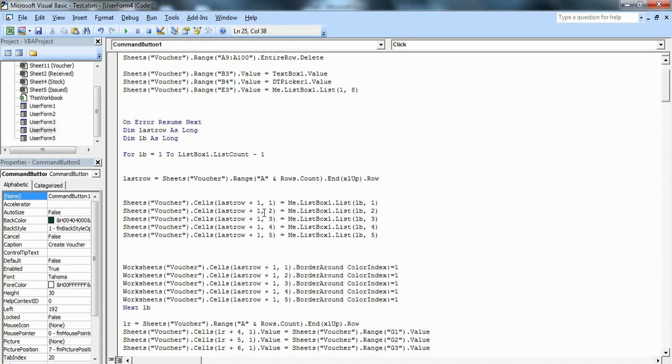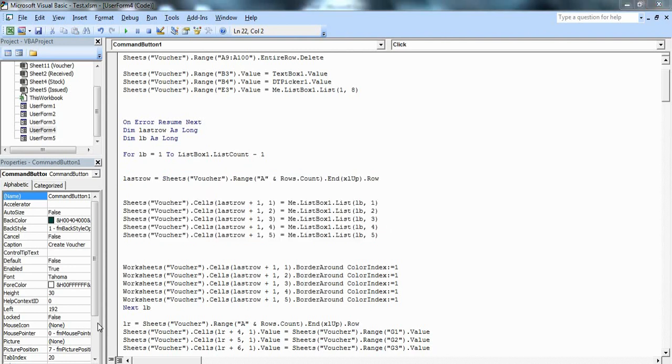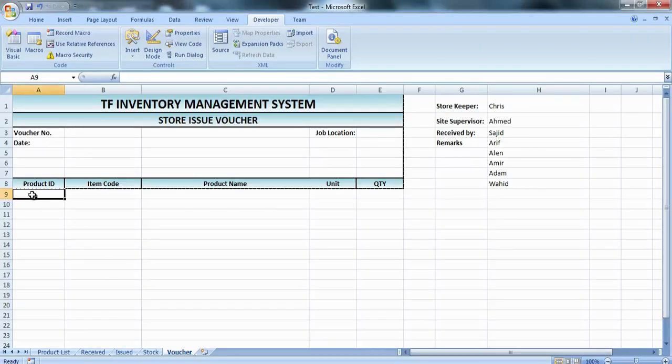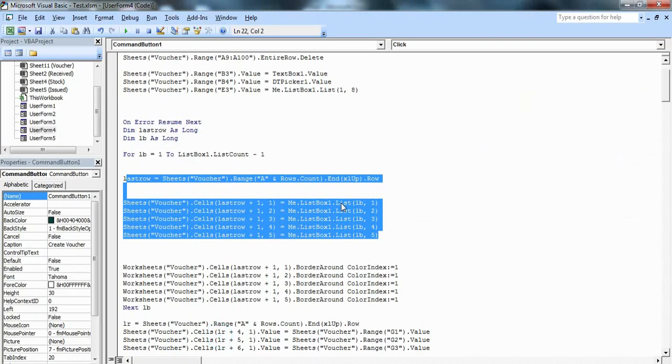Second column of our voucher will be filled from our list box column 2. Similarly, other columns also. So this part will fill our products area. This product area will be filled by this code.